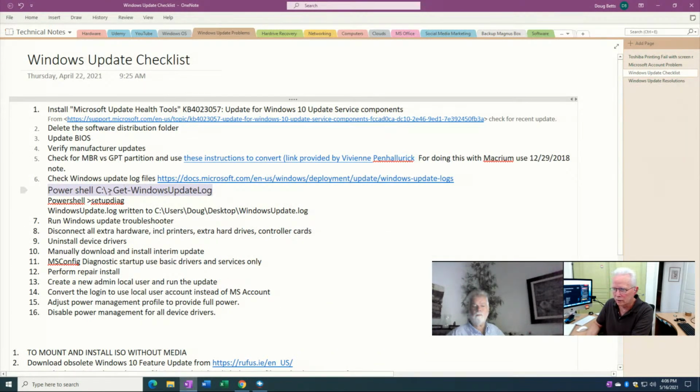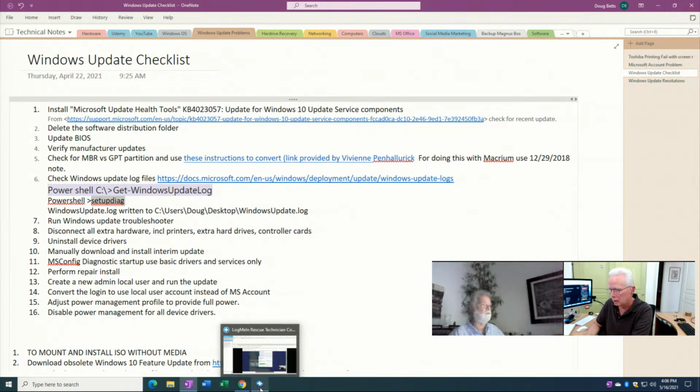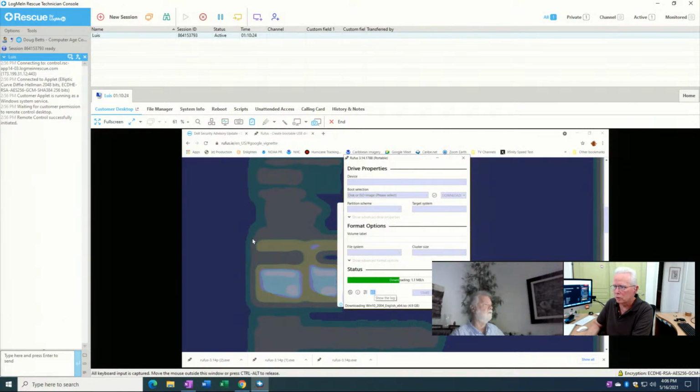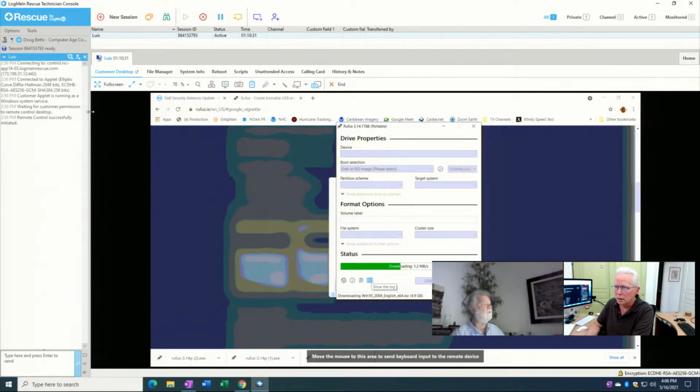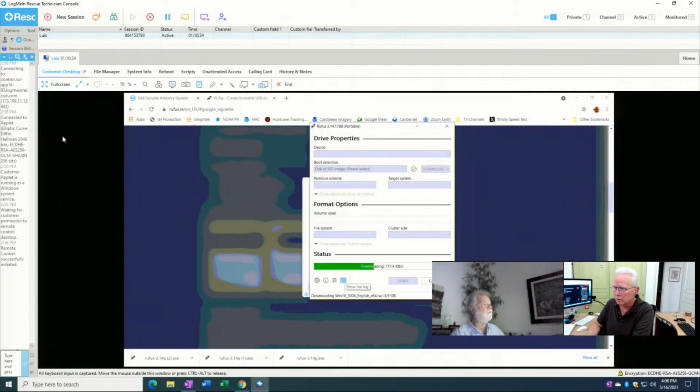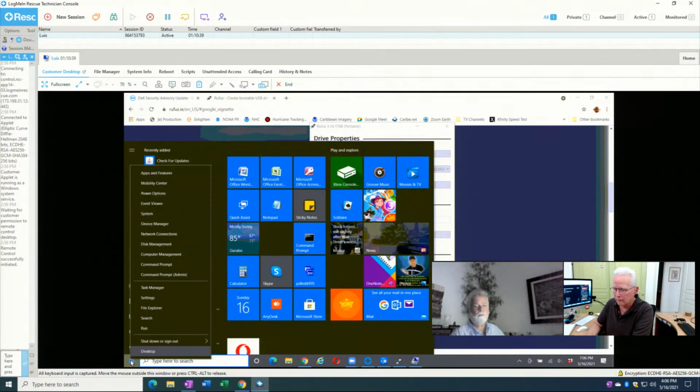So let's go back here again. So I'm going to highlight that command, Control C to copy it into my clipboard, and highlight this command, Control C, copy it into my clipboard, and then bring your computer back up on screen. And rather than maximize it, I'm just going to make it take a little more of the screen, and then Windows key, right click on the Windows button, and then